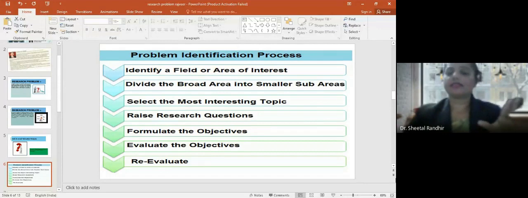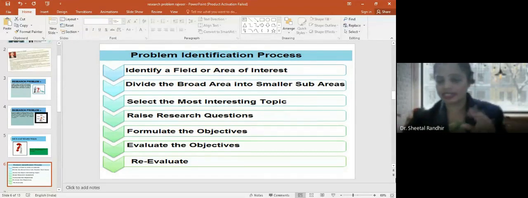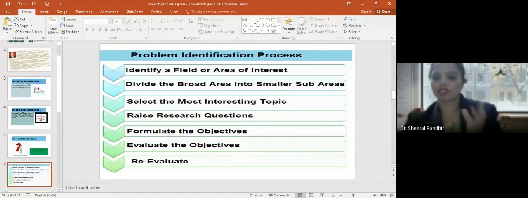Then raise the research question. That is a very interesting topic, and following your own topic is a very interesting journey. Then formulate the objectives. Many times I have seen people start their objectives, minimum 4 to 7, and they start to study, to analyze, to emphasize, to suggest the measures. I'm very sorry, but in research, there is